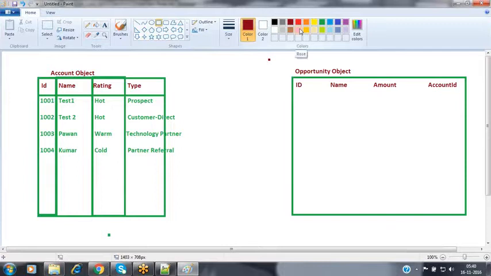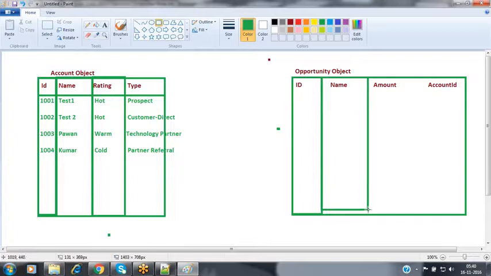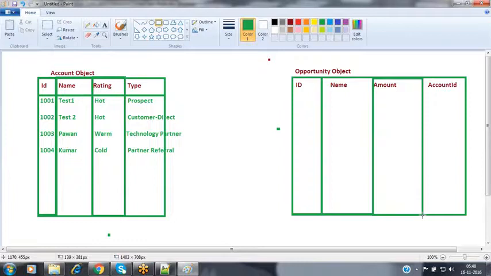Now inside this opportunity object, I'm having some set of records available. We have the name of the opportunity, the amount value, and the account record to which it is associated.